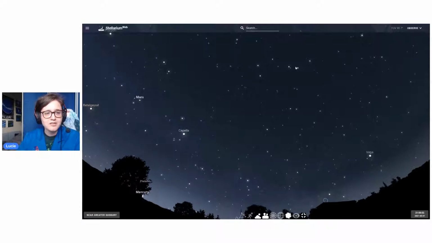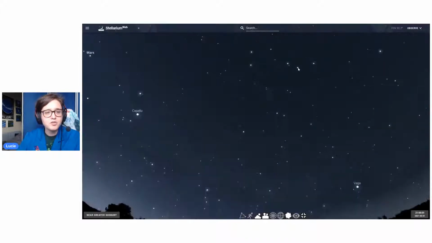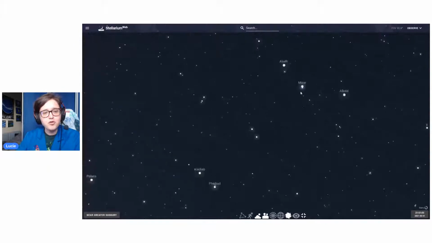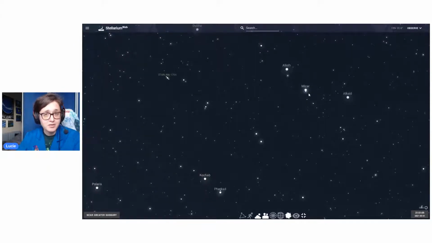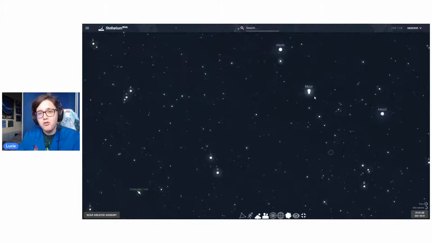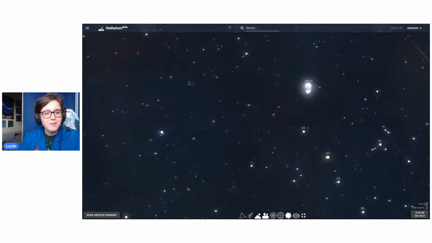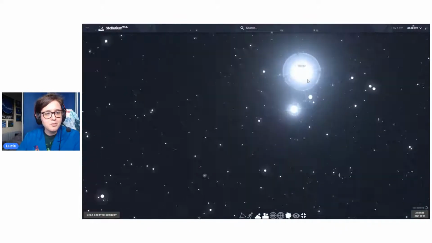So one off from the end of the handle, we have two stars. If you look at this with just your eyes, you should be able to see those two stars if you have good enough eyesight. Back in the day, before we had really any ways of telling how good your eyesight was with different charts and whatnot, this would be a common test people would do to see if you had really good eyesight. If you can see these two stars, your eyesight's pretty good. Now, if we zoom in further though, so if you have a pair of binoculars, you'll actually see that it's not just those two stars. So we've got Mizar and Alcor, but if we zoom even more,